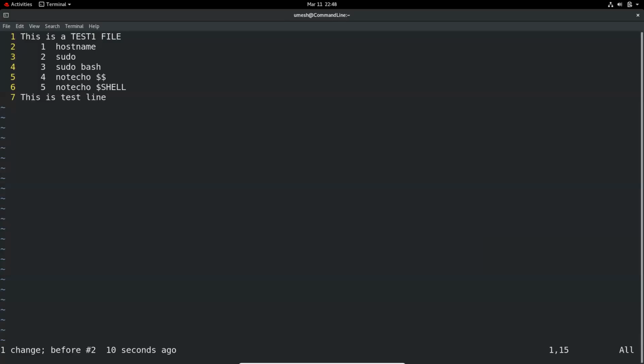And let's say you want to delete line 2, you just press DD. Actually, when you press DD, it's actually copied. You can press P to paste it again. See how the line was pasted on line 3. And let's say I want to delete this line DD, and then delete this line DD, and delete this line DD. So I made 3 changes.